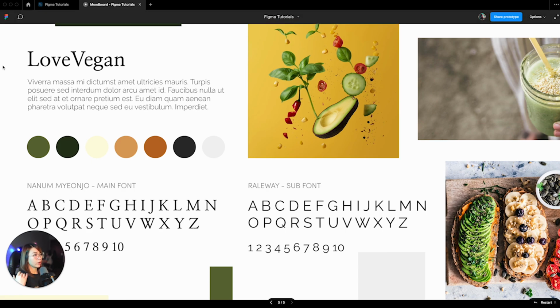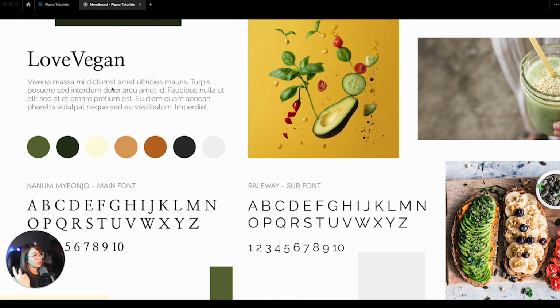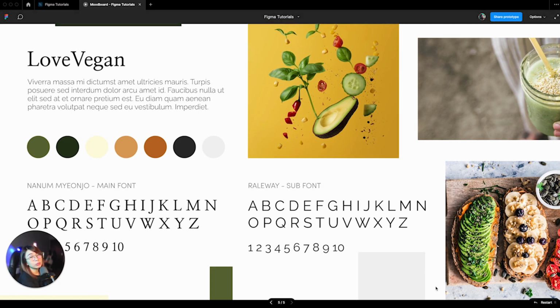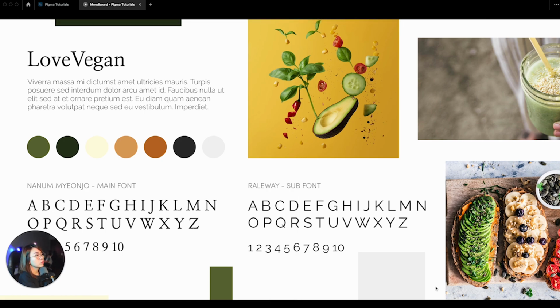So starting with your logo, and here is your brief description of the product or of the company, and here are some inspirational color palettes that we can use on your brand, and here are the font styles that we can use as the main font for the headlines, and the sub font for our regular text for the description, body copy, and here are the set of images that we can use